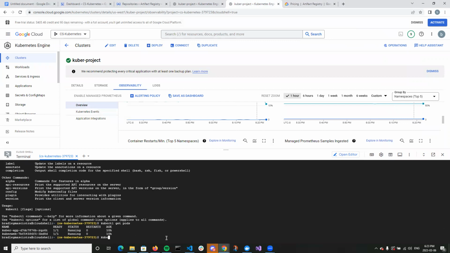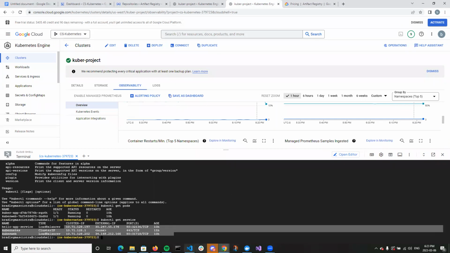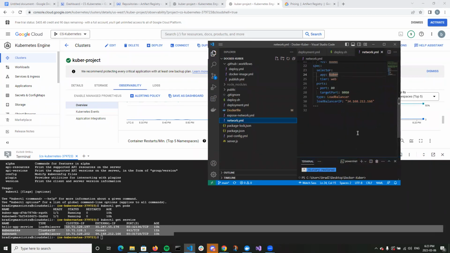If we do kubectl get service, you can see that we have the cluster running, and then we also have our external IP. Remember I was showing you that address here for the network. You can see it's right here for this Kuber web app.